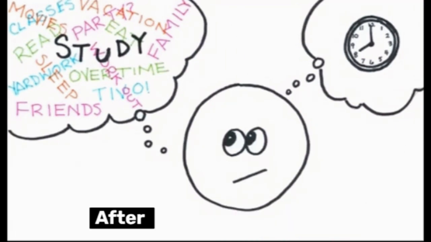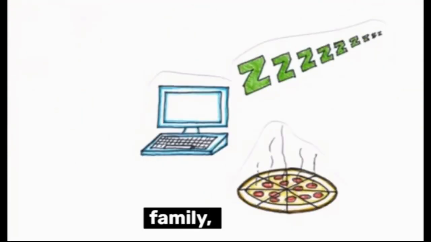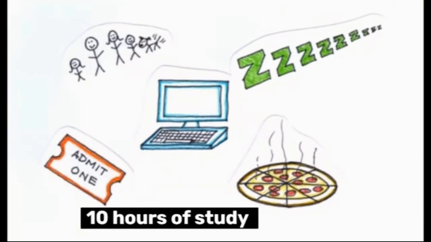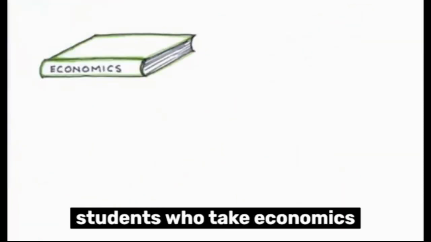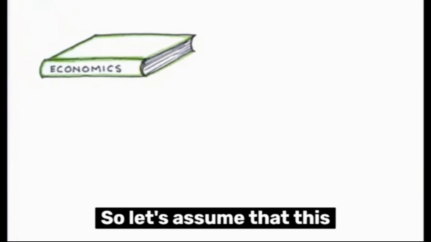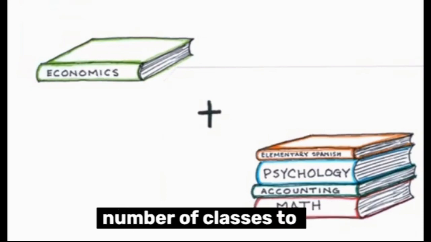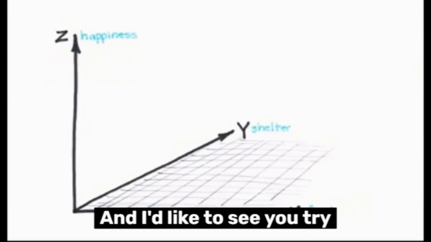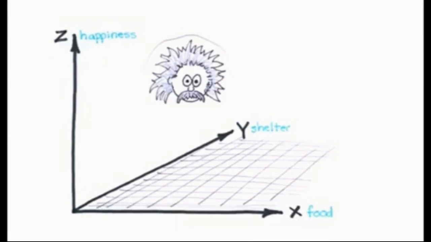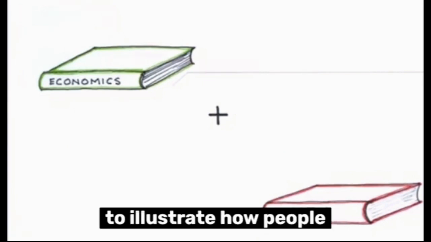Let's make a couple of assumptions about our student. After carefully evaluating for time spent at work, sleeping, eating, social activities, family, there's 10 hours of study time each week. Also, data shows that most students who take economics are full-time, so let's assume that this student is taking a second course. I know, in the real world, full-time means 4 or more courses, but I'm going to limit the number of classes to 2. For one, it's hard to draw a diagram in 3 dimensions, and I'd like to see you try 4 or 5. For another, you'll see that even assuming only 2 classes, we can use this simplified model to illustrate